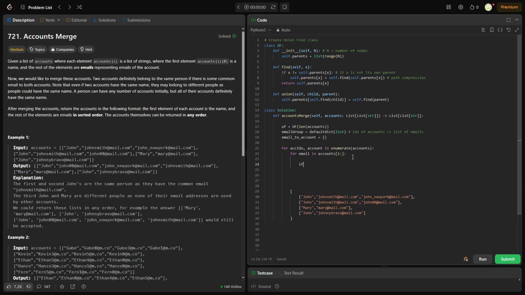So when we're going through these accounts, and through these emails, email by email, what do we care about? Well, we care about whether that email is in our hash map already. If it is, we need to do some type of merging. If it's not in our hash map, it means it's the first time we're encountering that email, so we're just going to map that email to the account index that we're on. So we're going to say, if the email is in email to account,